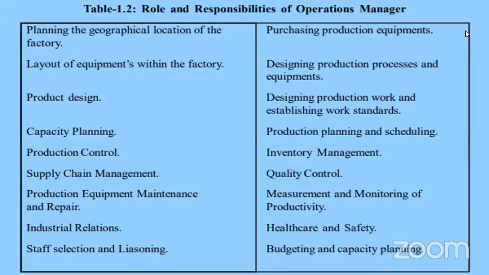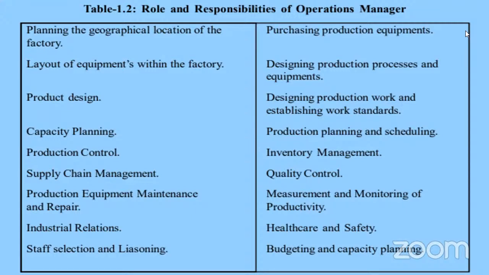So if you're going to see on the left side, the planning, the geographical location of the factory, layout of equipment within the factory, product design, capacity planning, production control, supply chain management, production equipment maintenance, repair, industrial relations, staff selection, and licensing. So these are some roles they have to do, like they need to plan where this factory should be